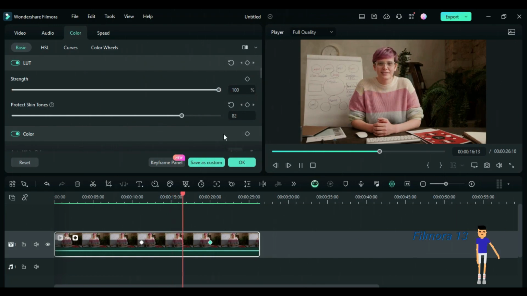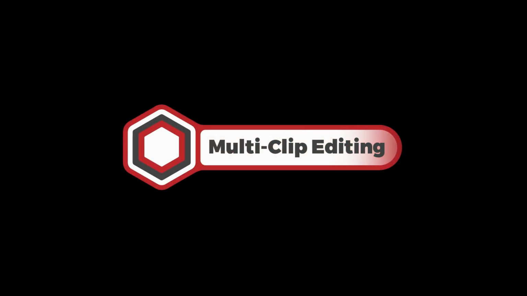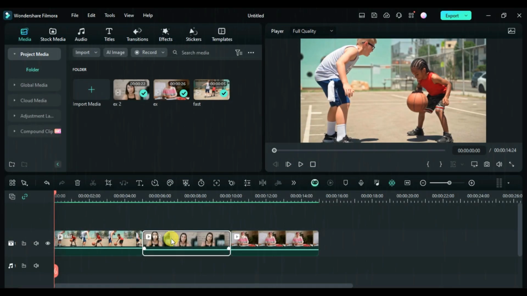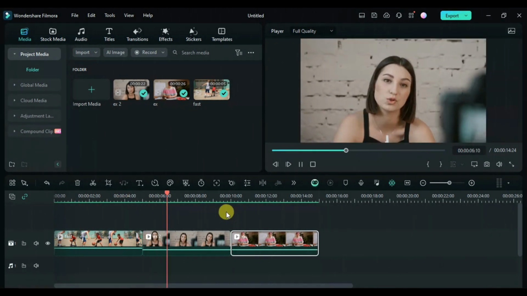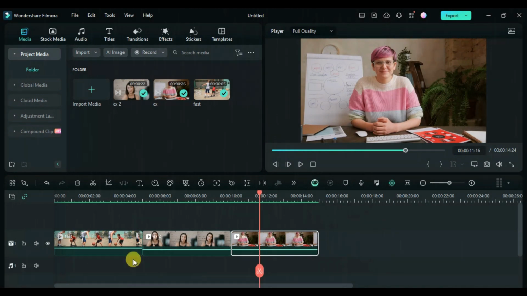Filmora 13. Multiple clip editing. On my timeline, I have multiple clips of about 3 stock videos, so multi-clip editing would allow me to edit and add effects simultaneously. So normally, when you highlight all clips, a window is meant to pop up to edit,